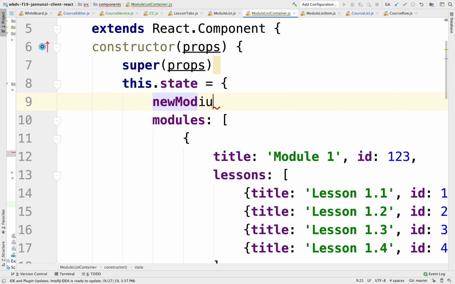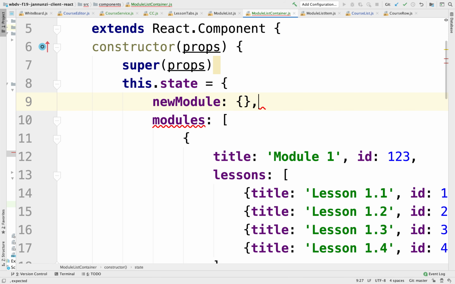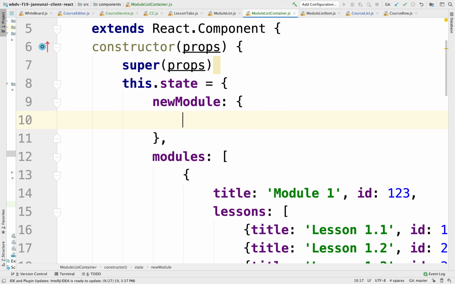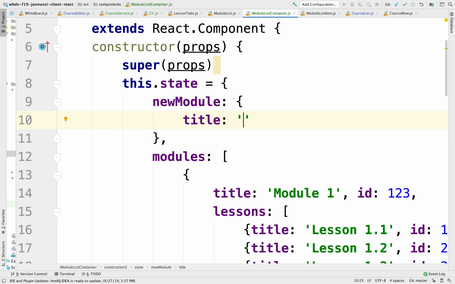Say new module, and the new module will be an empty object. Presumably of some module that we're going to be building, and it is going to have a default title of an empty string. Yes? Could you combine jQuery and React so you don't have to write out the HTML here, and you can just use the templates like we were